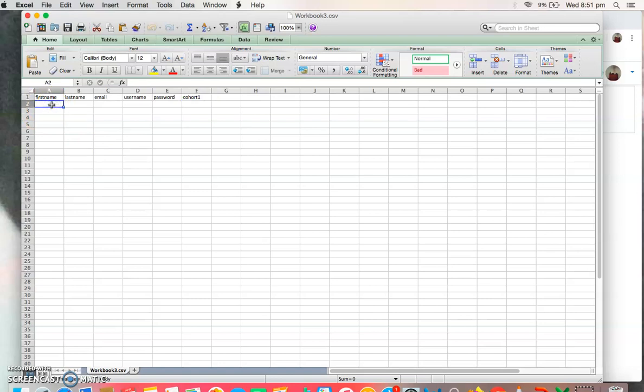In the first name, you will add the first name of your student, last name of your student, a valid email address, a username which you can create by the email address itself, a password which you can create, and cohort. Cohort means courses, like category, I mean like the class you want to enroll your student in, like MBA first sem. This is just an empty file. I already have my file saved with the number of students.